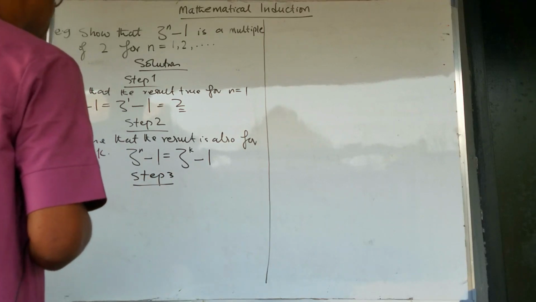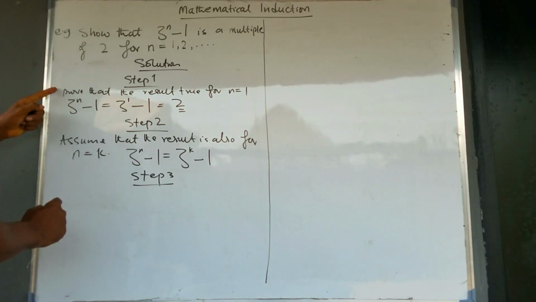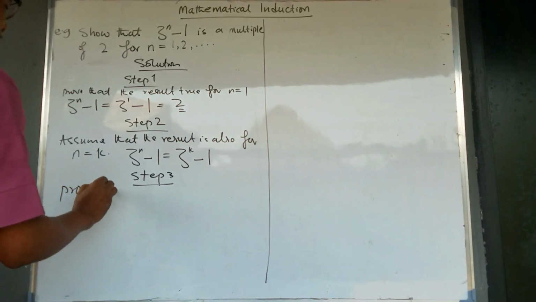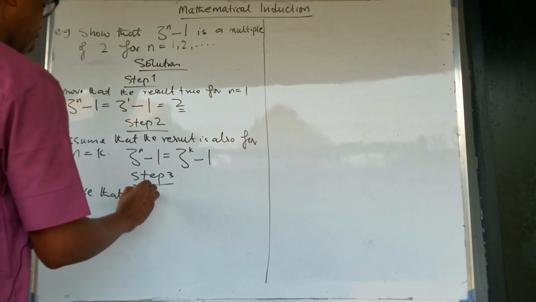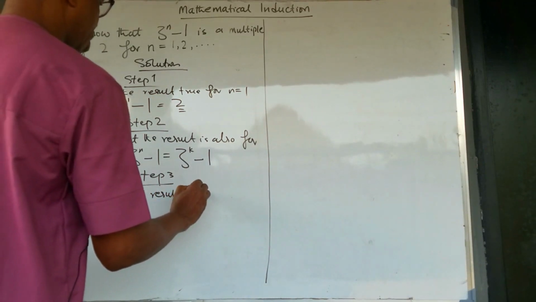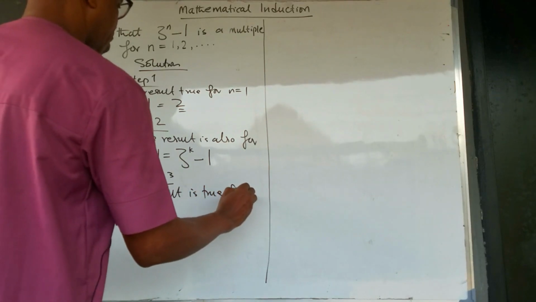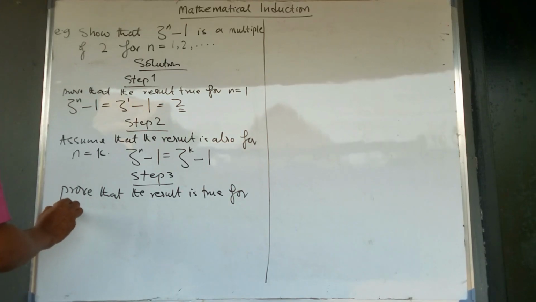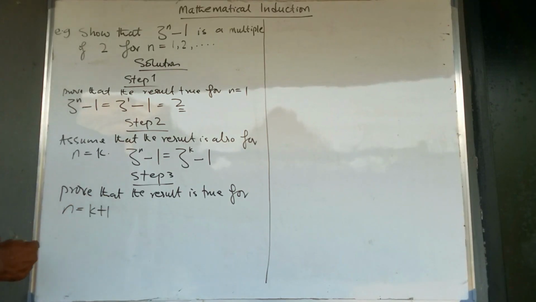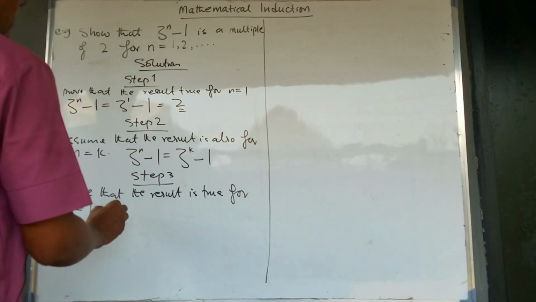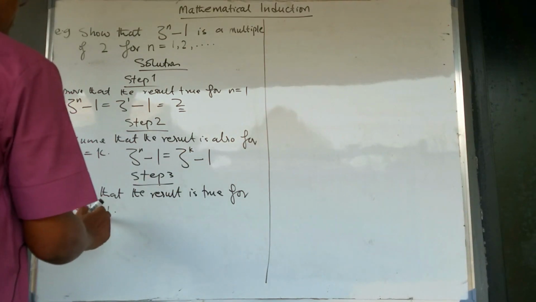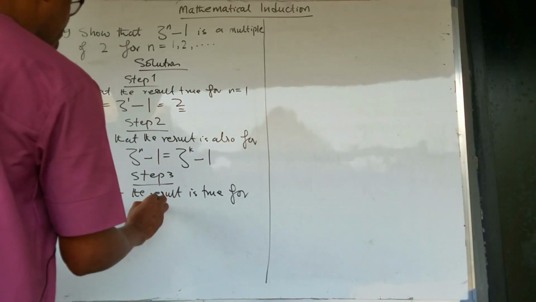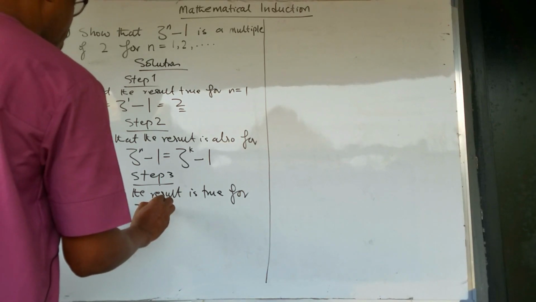So let's look at step 3. Now in step 3, I want to prove. Remember, the first one is proof, the second one is assumed, the third one is also proof. I want to also prove that the statement is true for n equal to k plus 1. What do I do in this case? Simple. I will just substitute k by k plus 1. So what I will have here now will become 3 raised to the power k plus 1